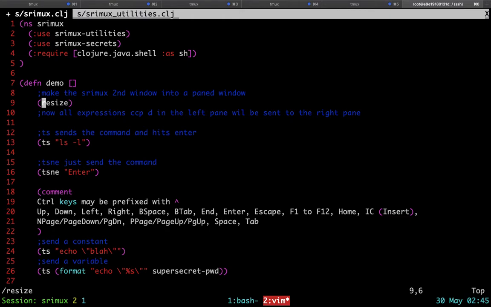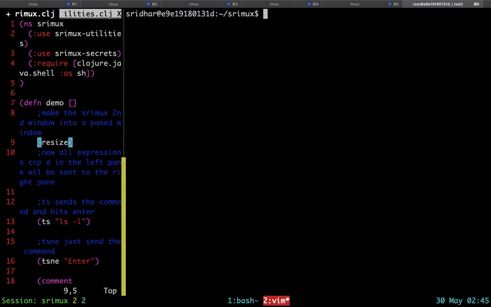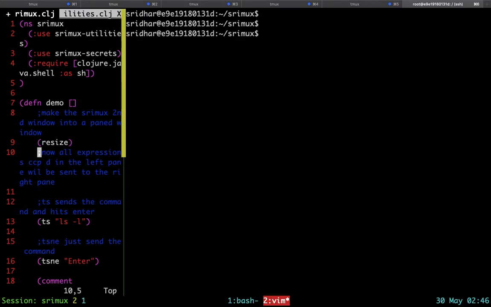Let's see whether that will work. Yeah, so this seems to work. So the screen is now split into two. The cursor now is in pane 2. We can bring it back to pane 1 by Control A H, that is prefix H, so that we are back in the Vim file.